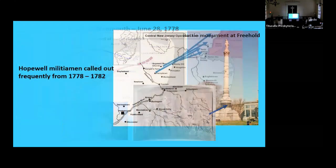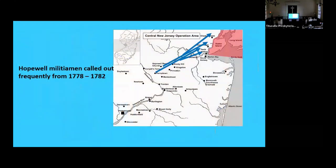For the rest of the war, from 1778 to 1782, Hopewell militiamen continued. By the way, Hopewell militiamen also were at the Battle of Monmouth. I have to say that. And they continued to be called to the New York area. So even though they live in the western part of the state, and the British were across from the eastern part of the state,